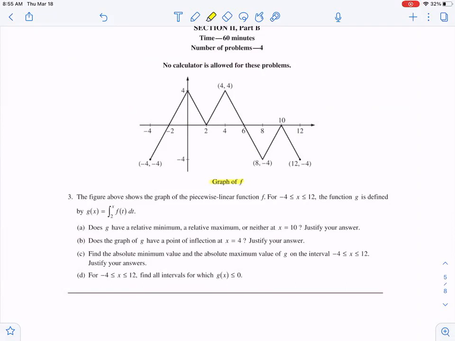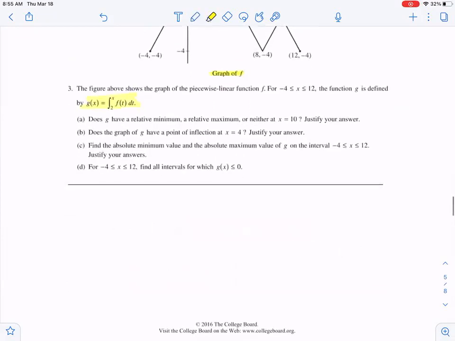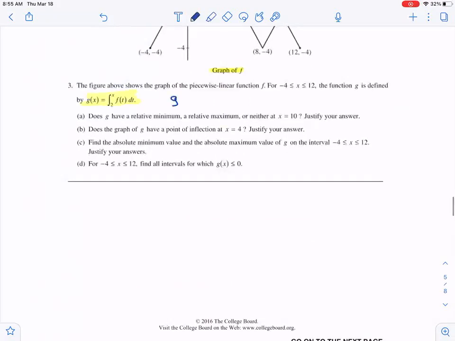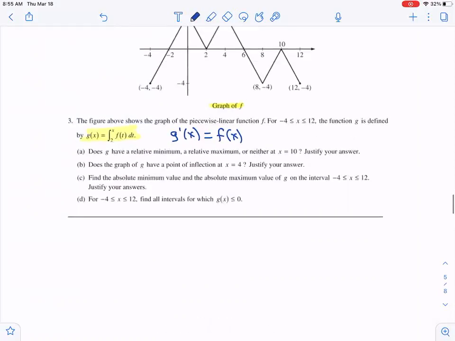So, and it's going to be right here. If we take the derivative of both sides of that equation, we're going to get g prime at x is going to be equal to, according to FTC part 2, it's going to be equal to f at x. So now we've got this link that the graph of f is also the graph of g prime. I need to write that somewhere on my exam paper so that I show the reader I've made that connection. If you don't do that,